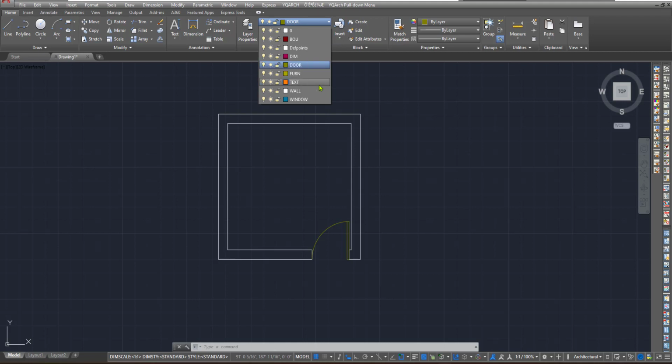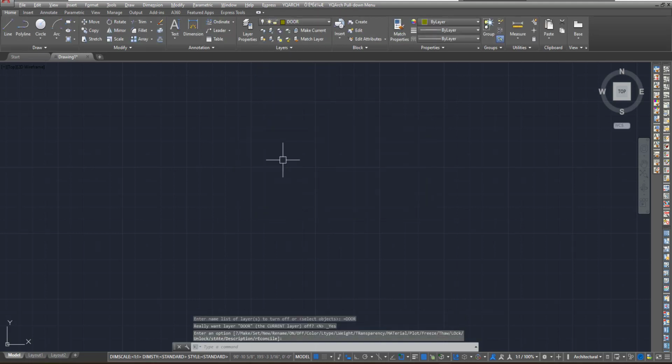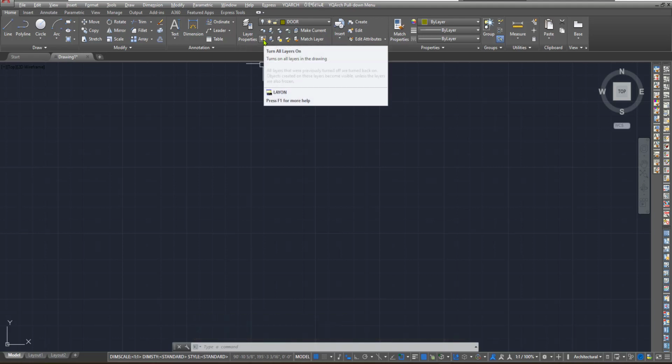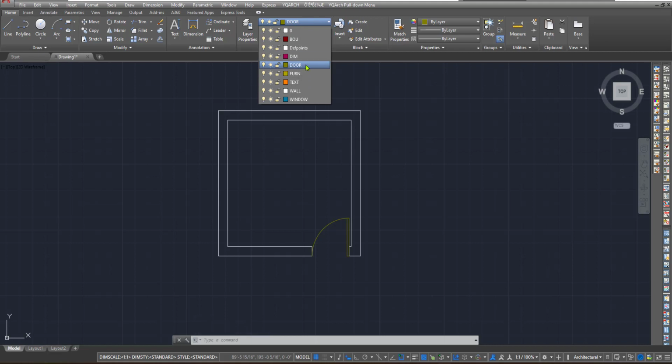If I want to hide the wall layer, then you go to the wall layer and then click it off. If I want to hide the door, then you can click on the off option. Or else you can turn them all on at a time by using the turn all layers on option like this. If I want to individually turn it off and on, then you go to the particular layer and then apply,